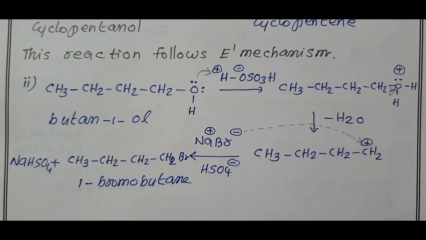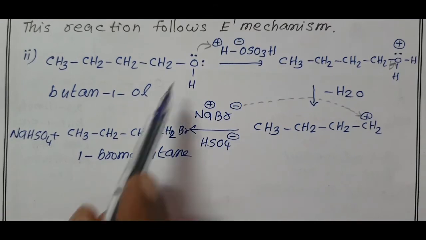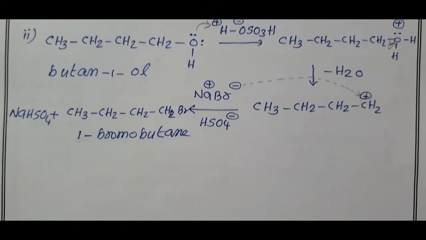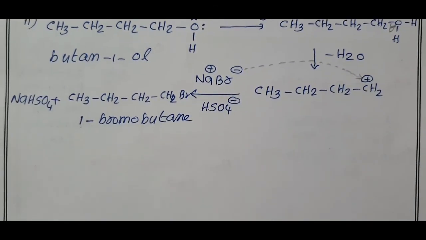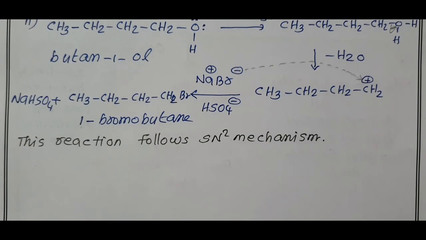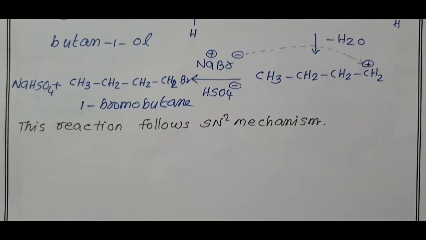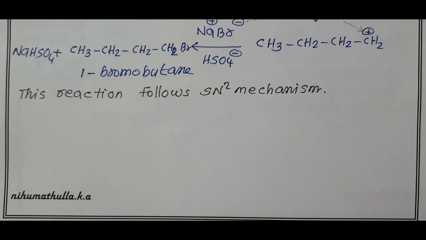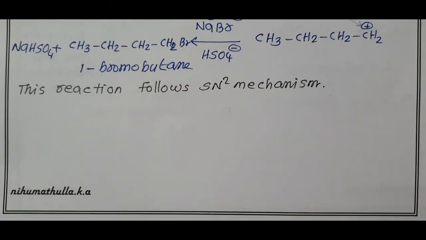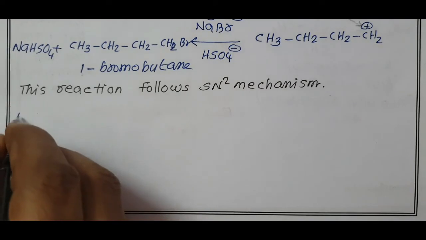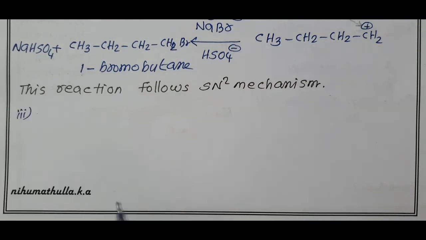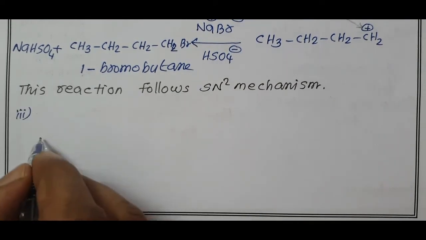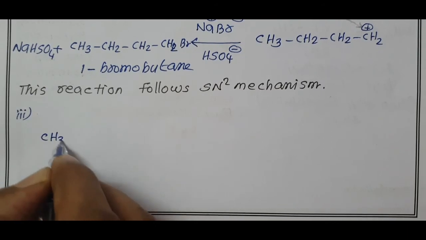This is a nucleophilic substitution reaction. OH minus ion is finally substituted by Br minus ion. Therefore, this reaction follows the SN2 mechanism. Come to the third reaction, neopentyl alcohol when treated with phosphorus pentachloride. Third reaction. The molecular formula for neopentyl alcohol is CH3, C,